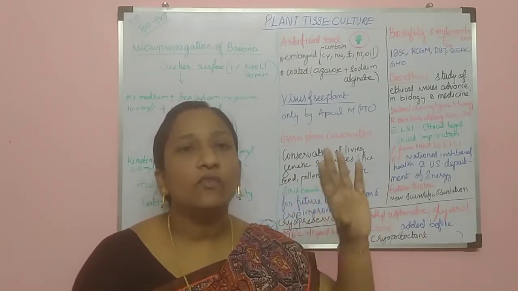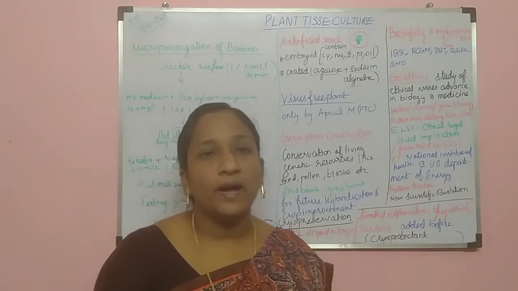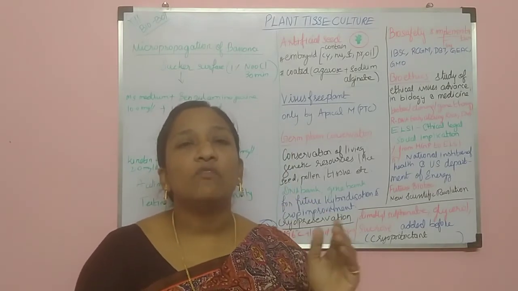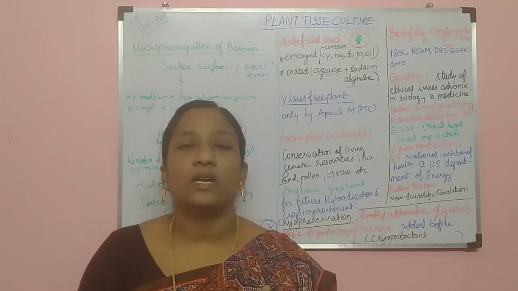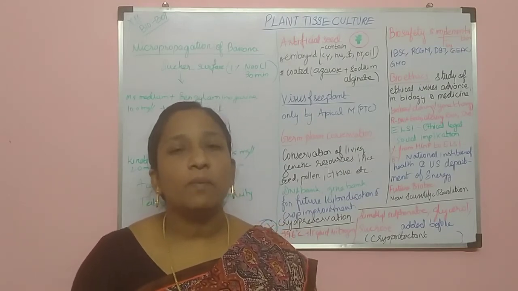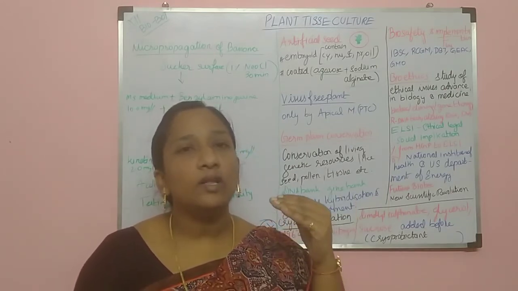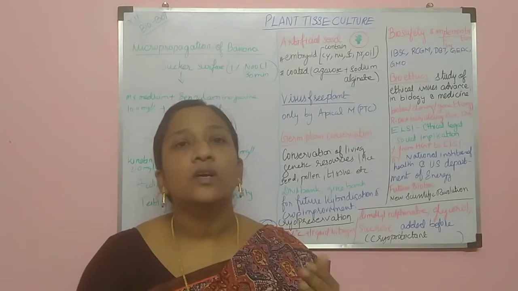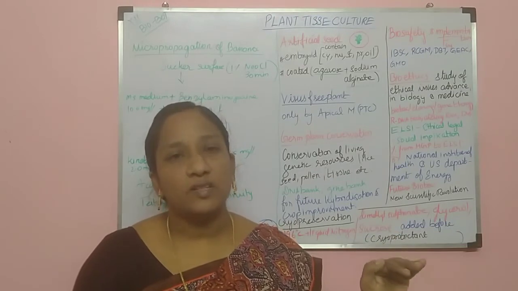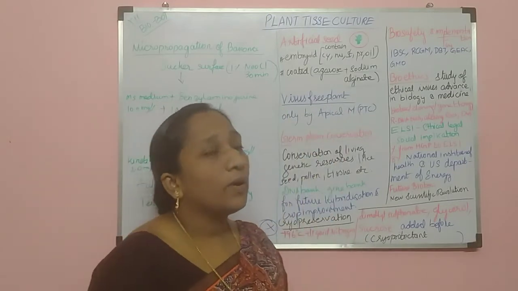We learned the focus of the patent, the rules and regulations of the patent, how we can apply for the patent, and how we can maintain the patents. A patent is only for 20 years. After 20 years it becomes public, a public product that all can use. So within the 20 years you can gain more. If you want to renew, you have to apply again and pay some money to maintain the further license or patent for your objects. All of this is given in your biotechnology chapter.